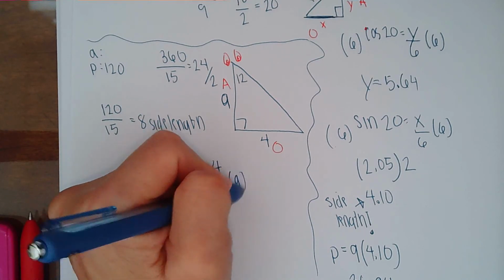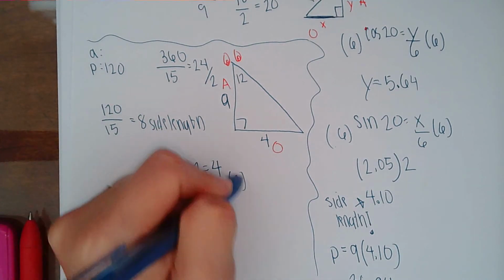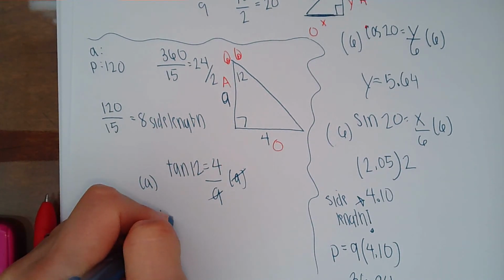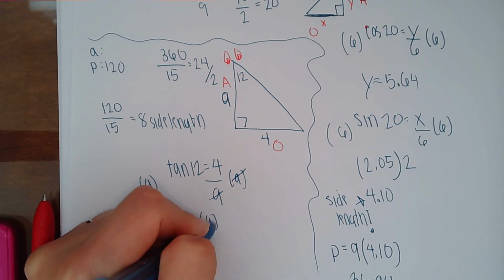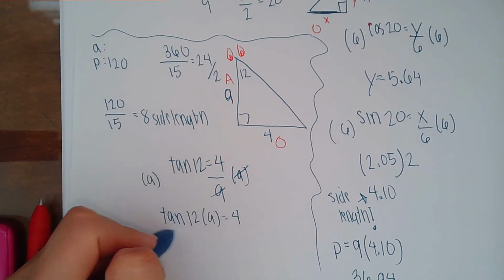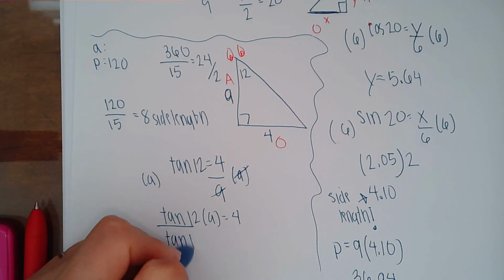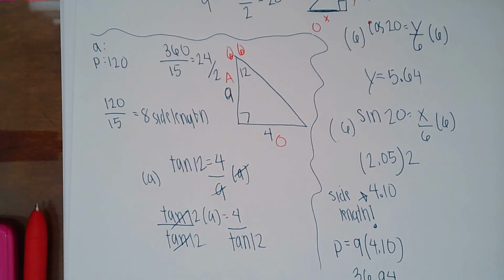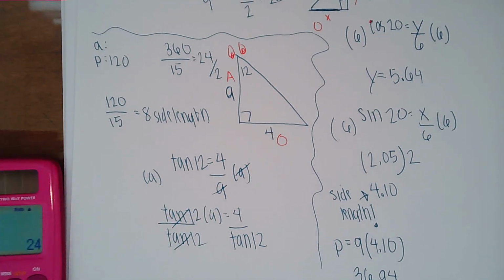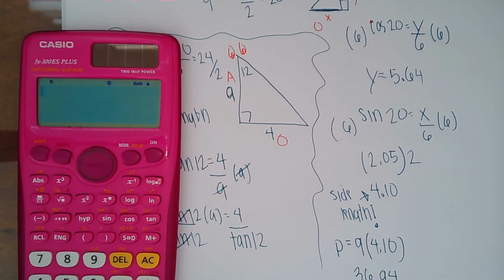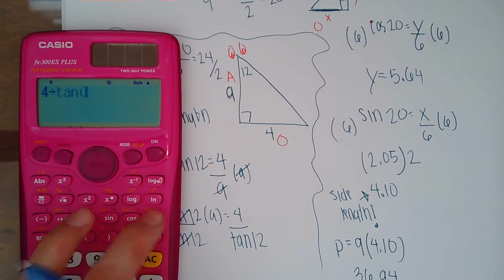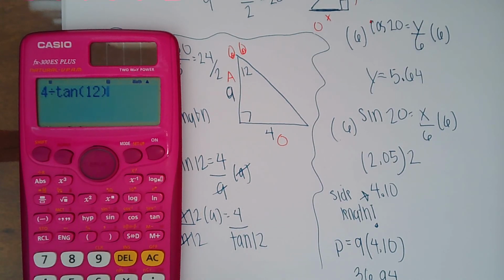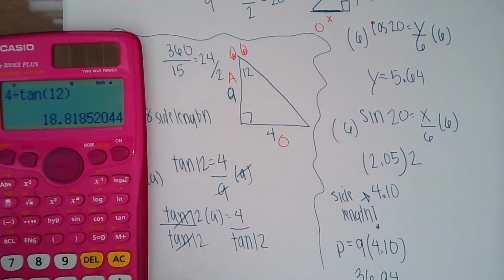I'm going to multiply both sides by A. I'll have tangent 12 times A equals 4. I've got to get A by itself, so divide by tangent 12. And I will end up with my apothem being 4 divided by tangent 12. Close your parentheses, hit enter, and it would be